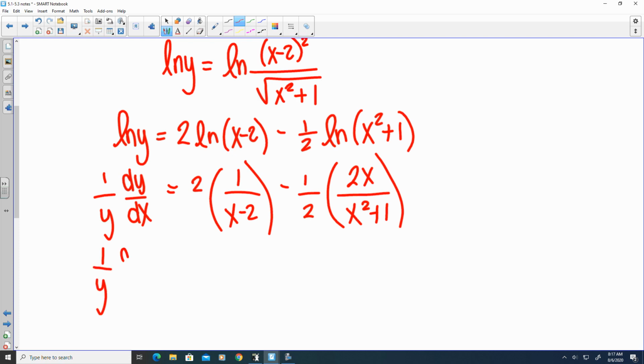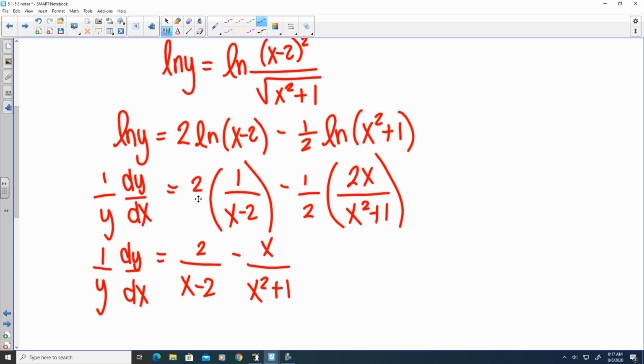Okay, simplify. I'm just going to put that 2 in, and then same thing, I'm going to put in the 1/2, which is going to cancel with the 2 on top. Oops, that looks terrible. Okay. Now the trick here